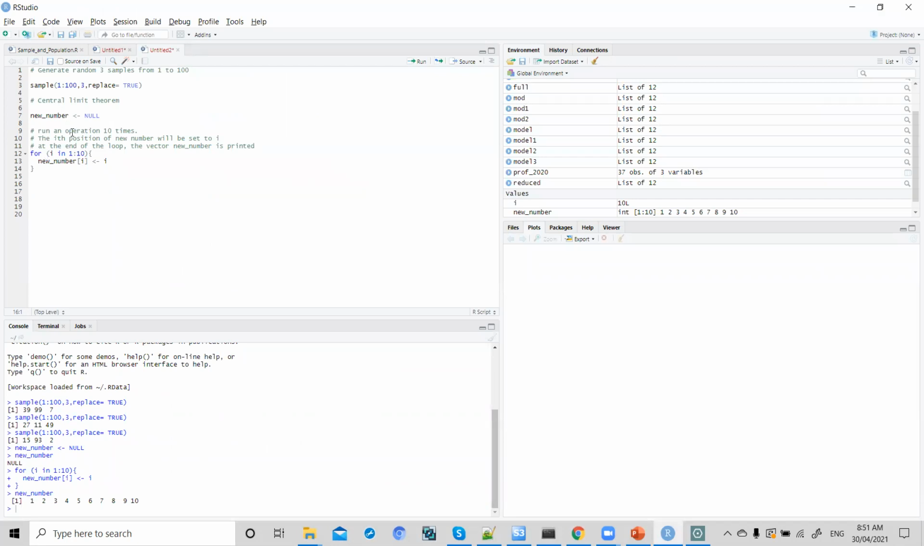So, any question till here? Okay, so now let's say I have assigned my sample mean to null initially. Okay,